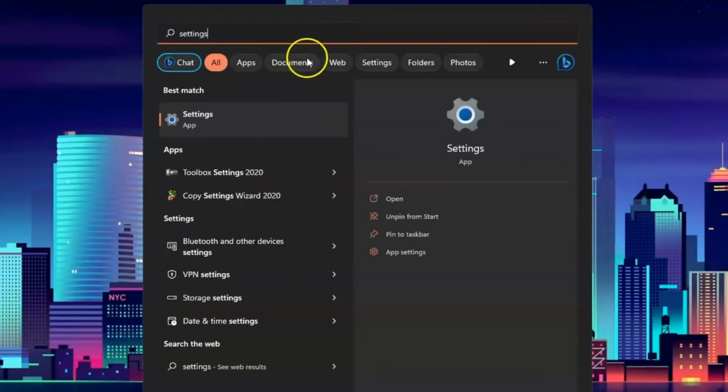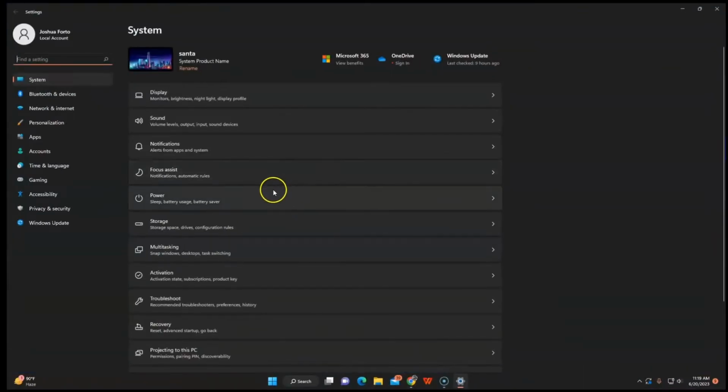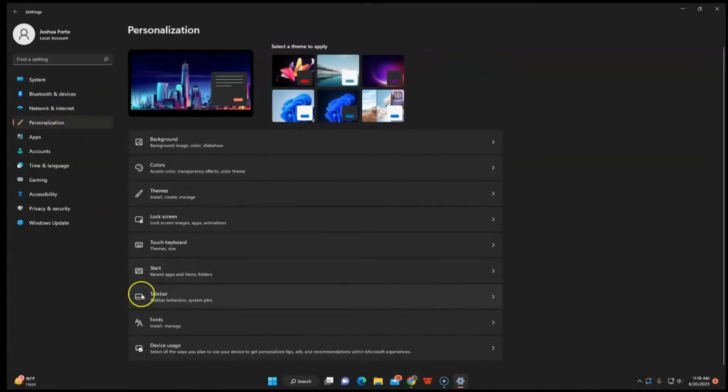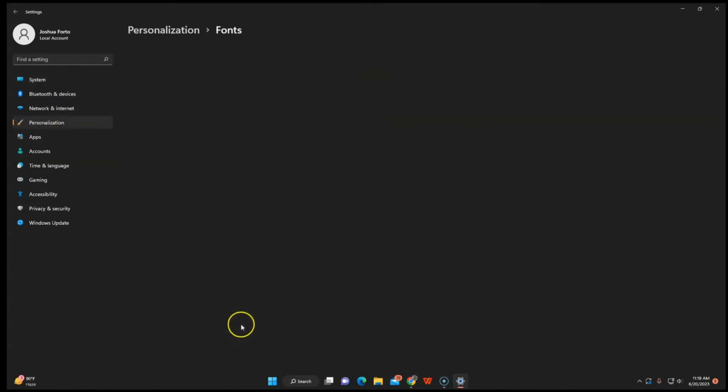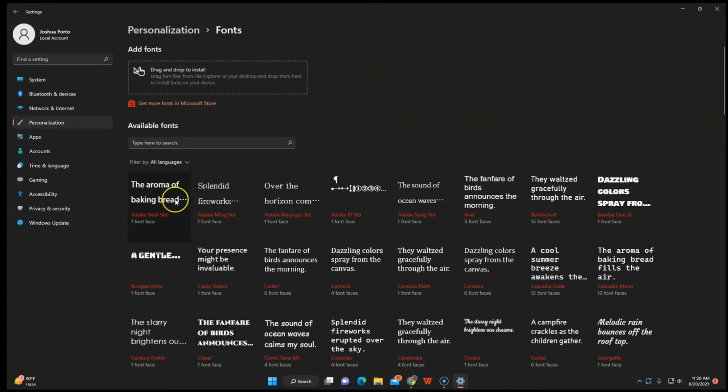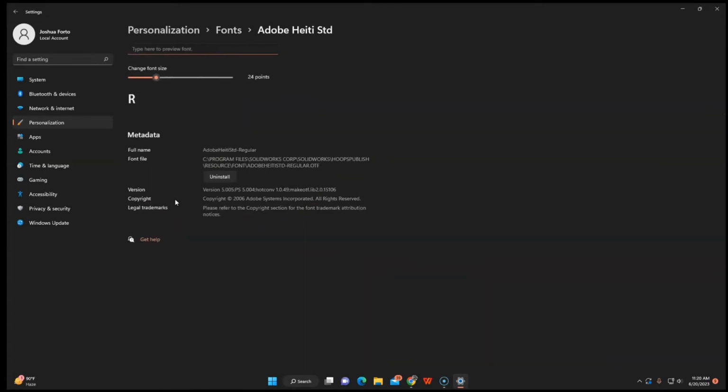First, on your taskbar, search for settings. Then once you're inside these settings, you want to look for personalization. Now in here, click fonts. Now you have a list of fonts here, but we're going to do, so this is the default fonts of